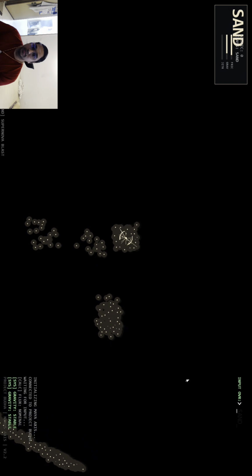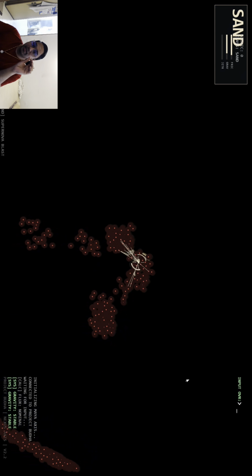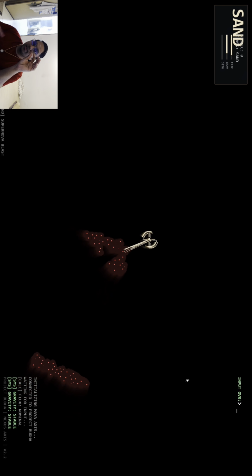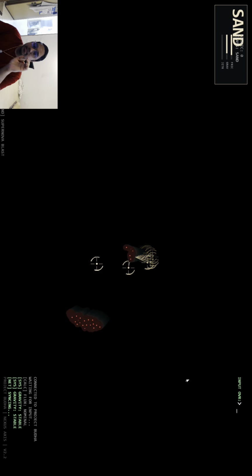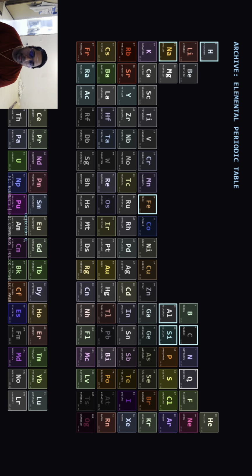I've done my best. Then I have sand. This is taken from observation of an hourglass, so you can see that when I pinch, you'll notice how it's falling into the point like it's actually in an hourglass. How the sand is going to fall in an hourglass. Pretty cool, right? Then if I go back to the periodic table,